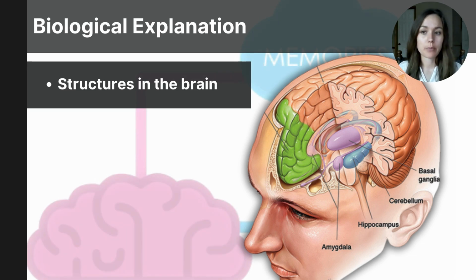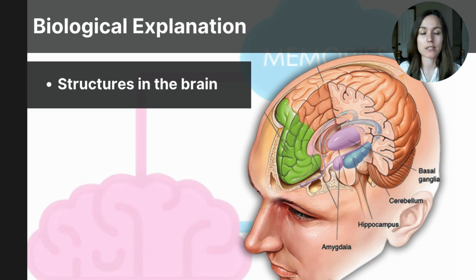Now, memory is complex, and you already know that the hippocampus is responsible for long term memory, but there are so many other aspects of memory, and there are many other brain structures that are involved in the processing of information. And so here, I'll give you a general overview of the different brain parts that are responsible for this information processing. First and foremost, it's important that you know that the hippocampus is responsible for creating and storing those